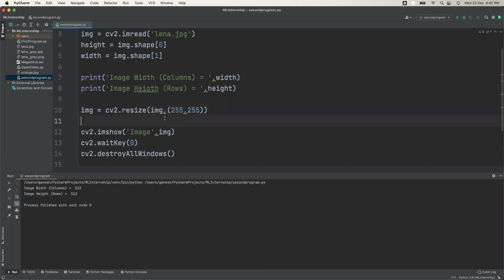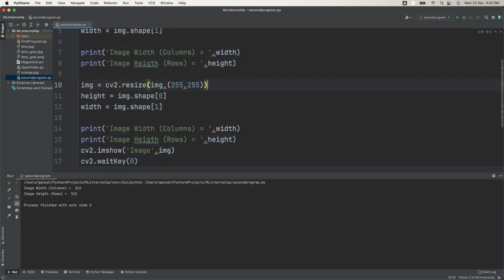Let's print again and check the height and width of the new modified image.